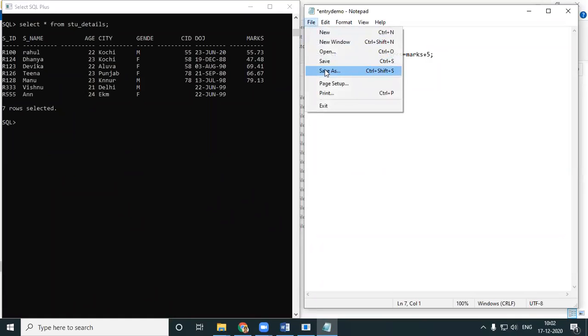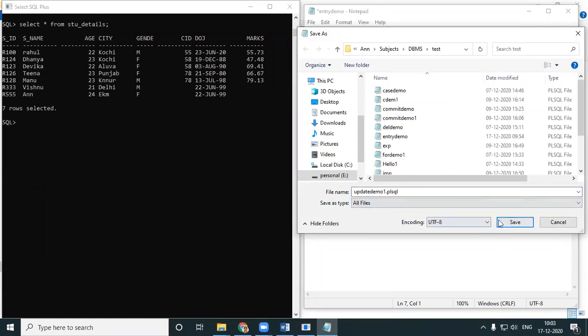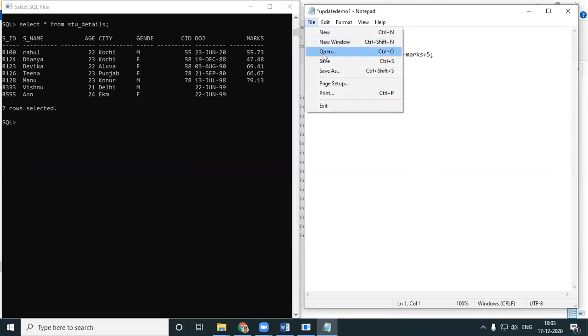I'll save it as a new file. Save as update demo dot PLSQL. Ma'am, declare is not needed. Yeah, that is optional. Save.